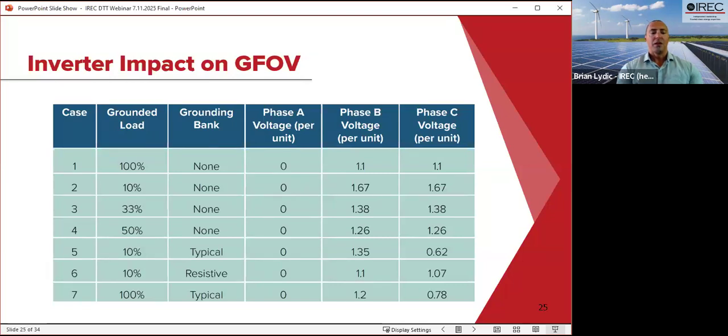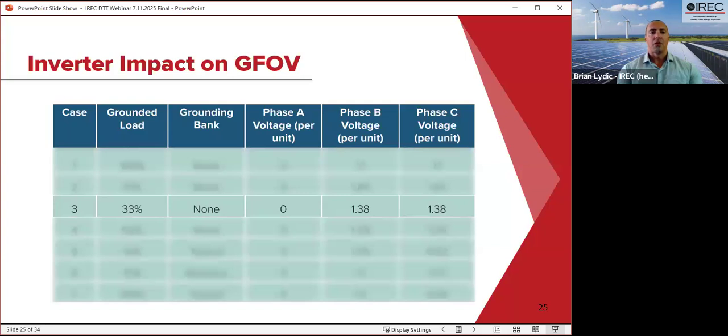So the circuit in this case is actually grounded by the load, and that is different than the scenario with the rotating machine. In a typical 4-wire distribution system, the large majority of residential and small commercial load is grounded, and large commercial load is mixed. It's been found, and we show in the report, that 1/3 of the island's circuit load needs to be grounded for the circuit to be considered effectively grounded in the inverter case. As you can see here in case 3, the unfaulted phase to ground voltages are 80% of the line-to-line magnitude, or 138% of nominal, which is the definition of effective grounding per IEEE